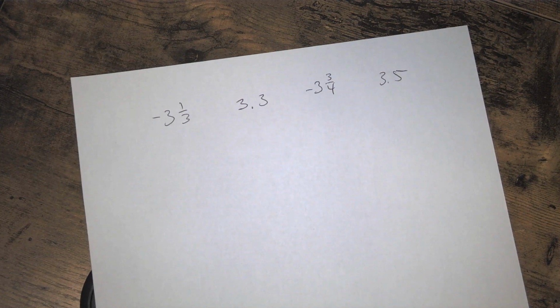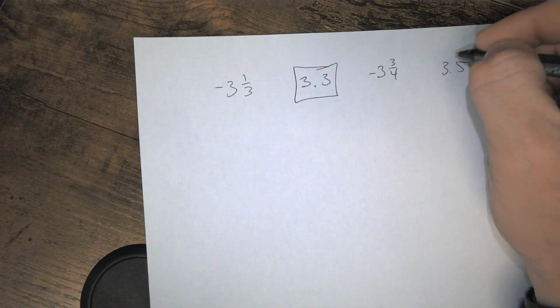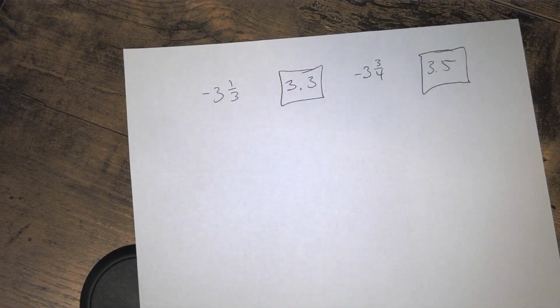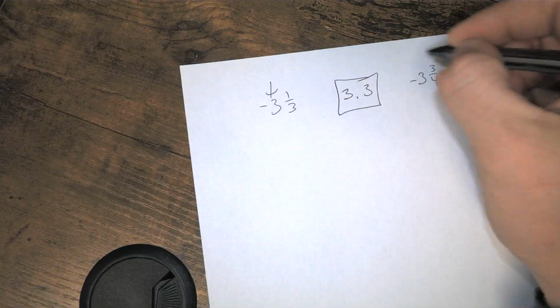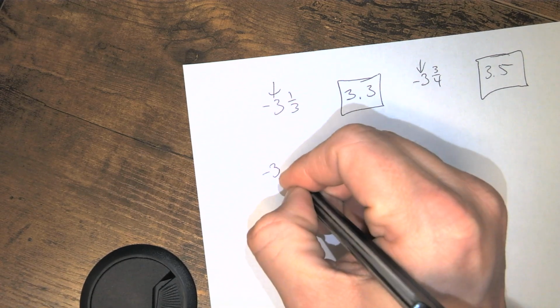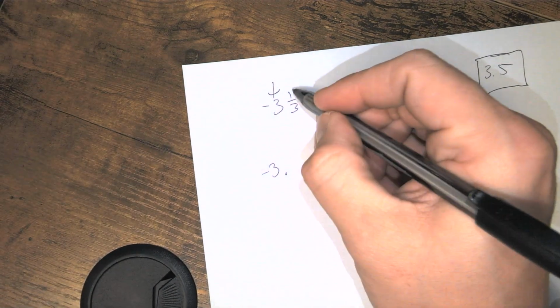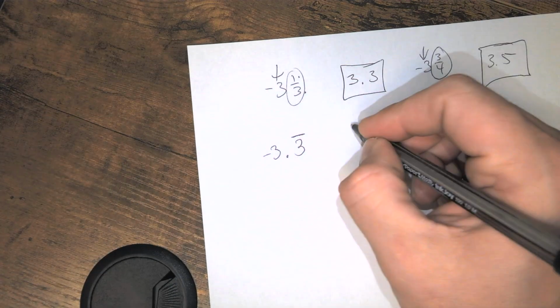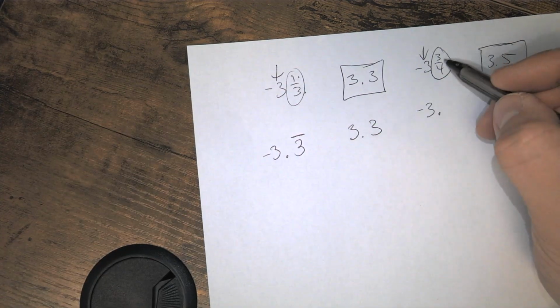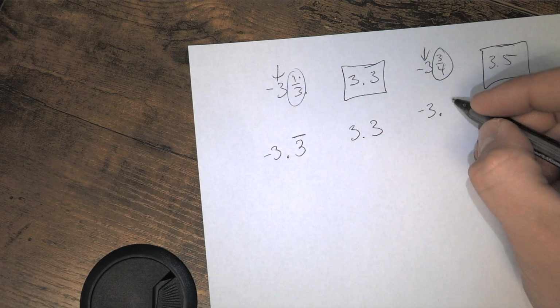So the good thing is 2 of these are already decimals. So we don't even need to do anything to those. But we need to change both of these. So automatically I know that this -3 goes in front of my decimal for both of them. Now we just have to worry about this fraction part. So we do 1 divided by 3. Rewrite that one down there. And then 3 divided by 4. Okay, so since this one has 2 after it, we need